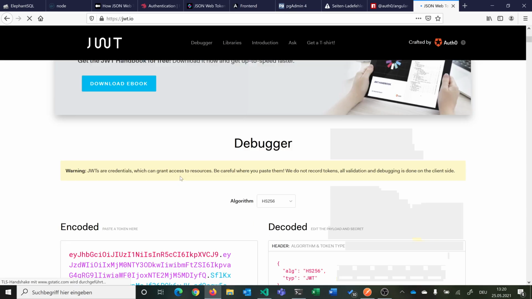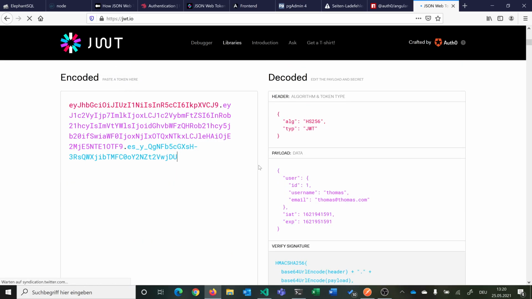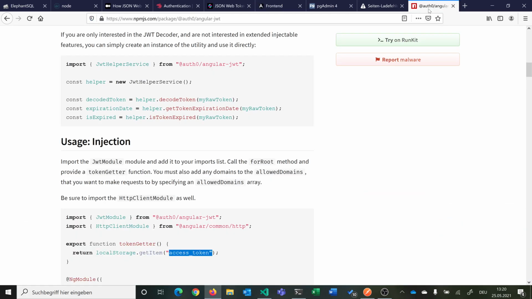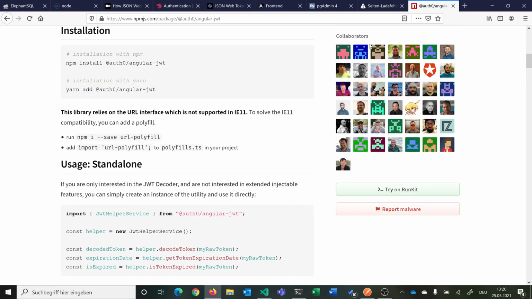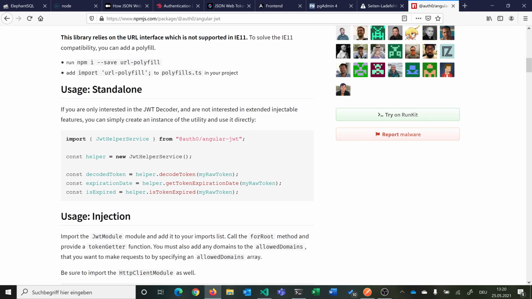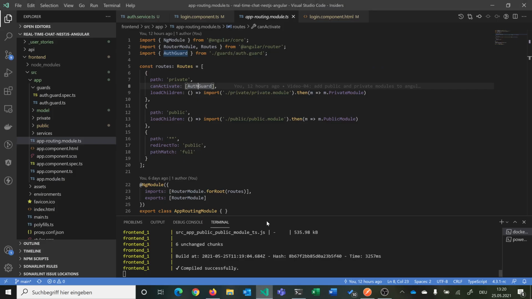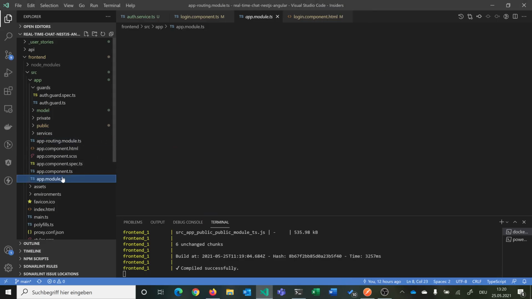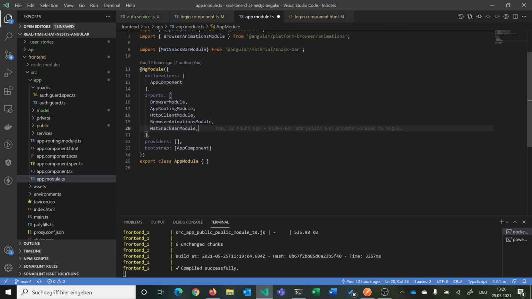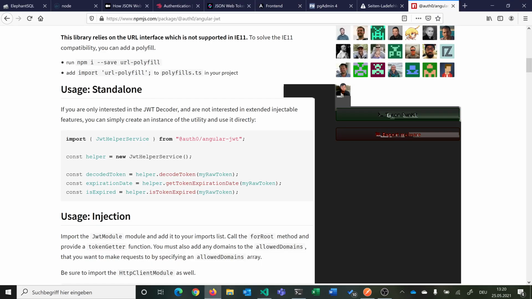We can go to JWT.io. We can paste it in, and we see we have here our user and the issued at and the expired time. And now we want to make use of this in Angular, so that we can check if it is expired for our guard, and that we can always send it with every request against our backend. So for this we can very simply, as they said here in the documentation,